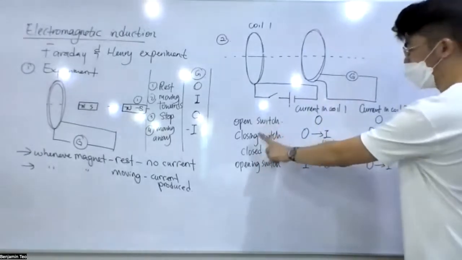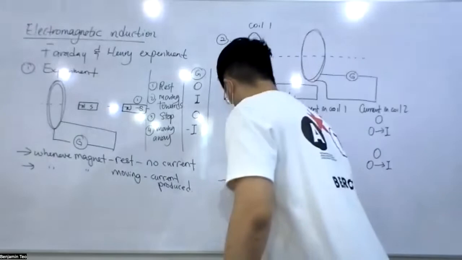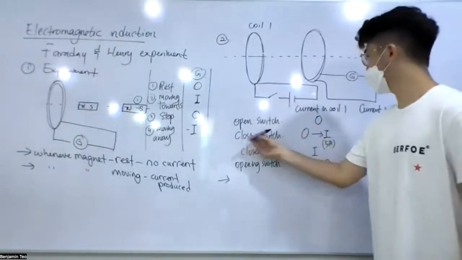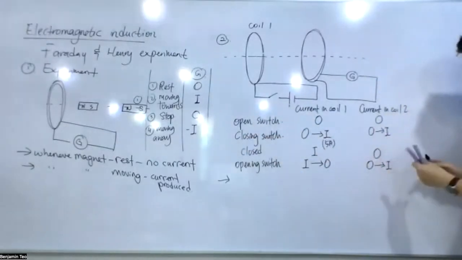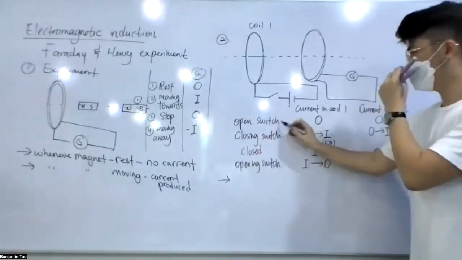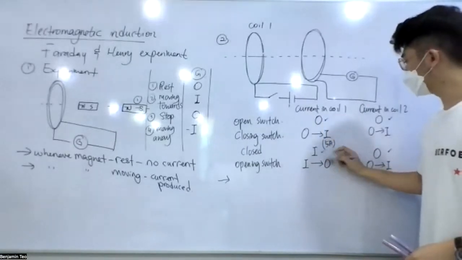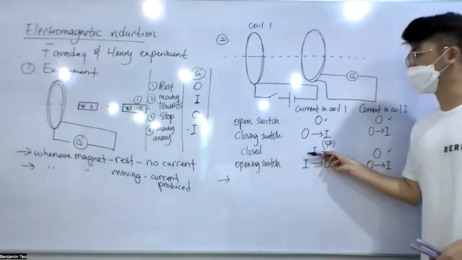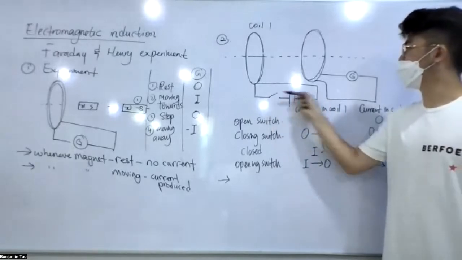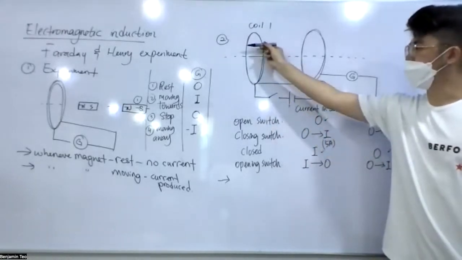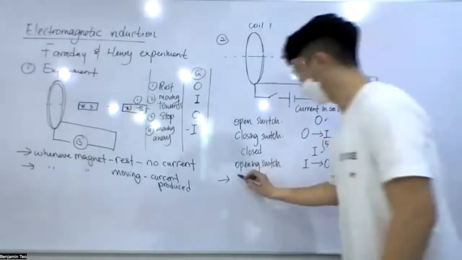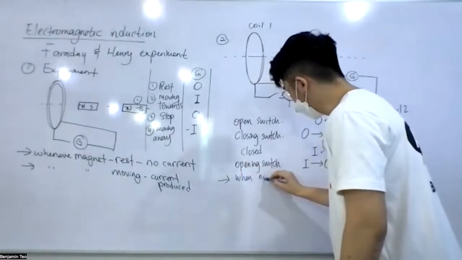Based on here, they make their observation. Whenever, what happened here? At what situation is the current 0? Open switch, closed switch. What does it mean? Here, current is 0, current is I. Maintain at 0 or maintain at 5 ampere. That means there's no change in current. Here, 5 ampere flowing, remains 5 ampere. There's no change in the current. Here, 0, remains 0. There's no change in the current. So when there's no change in current,